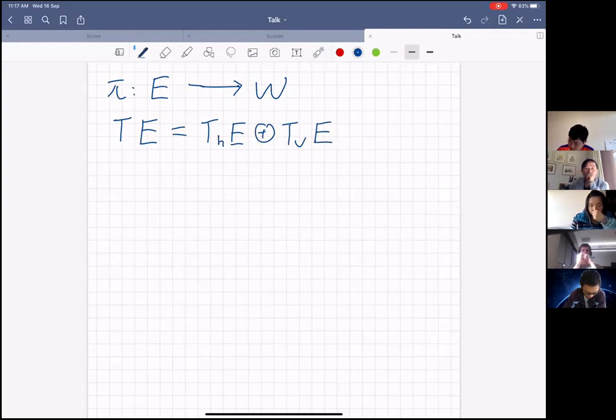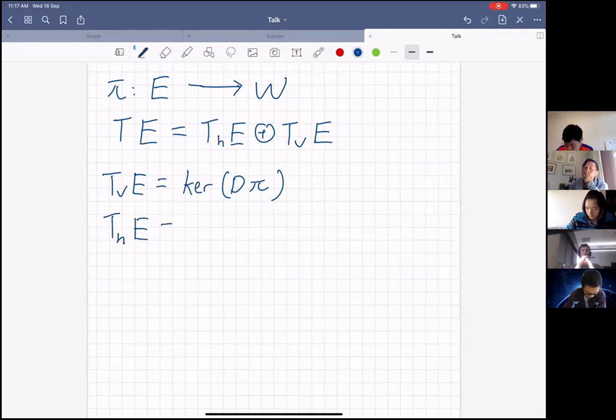This vertical part is actually the kernel of the derivative of pi. And this horizontal part is the main part we want to look at, where it gives the parallel transport. So this horizontal part is the set of points such that if you take